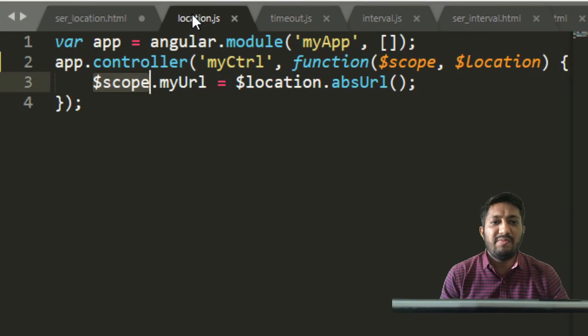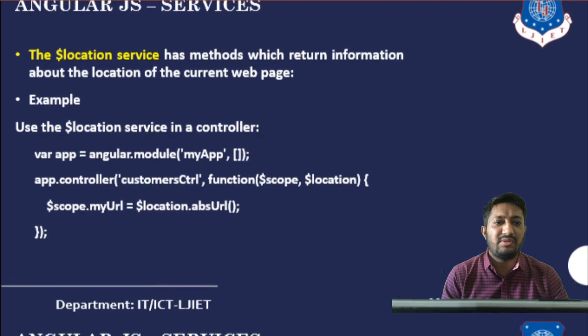So you have to remember only here, if you know the concept of module, function, controller and scope variable, then it is easy to implement. You have to just write the service name in the second parameter here. Now we are moving to the next service, that is my